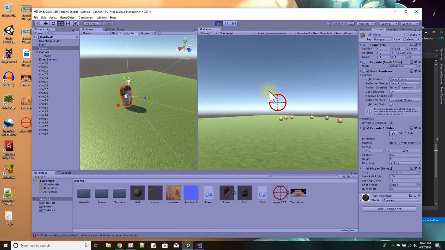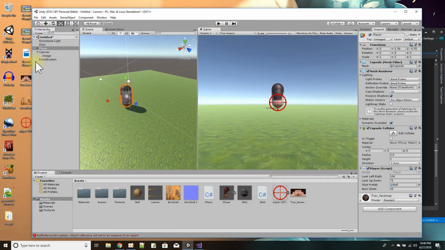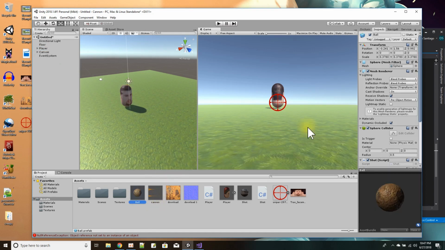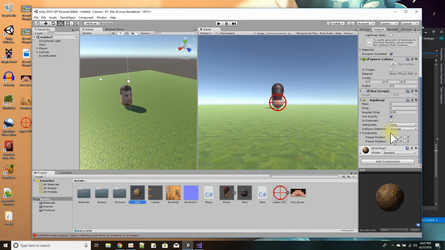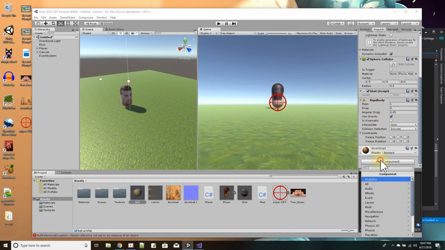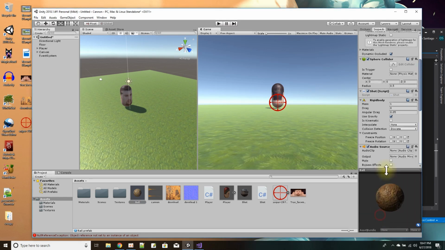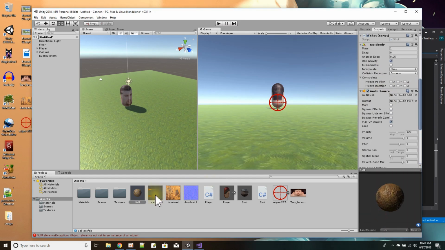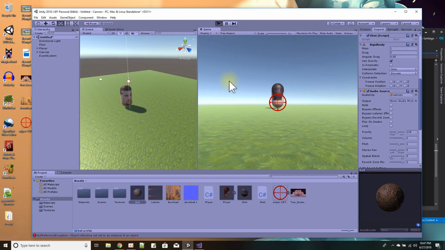The other thing is I'm making a pew pew sound with my mouth, but the game was supposed to make a sound. So let's do that. The ball doesn't have an audio for sound, so I'm going to go back to the ball and I'm going to add an audio component, an audio source. Right there. And all I got to do is drag my cannon sound right there on the audio clip and turn off play on awake. Now, if I press play,